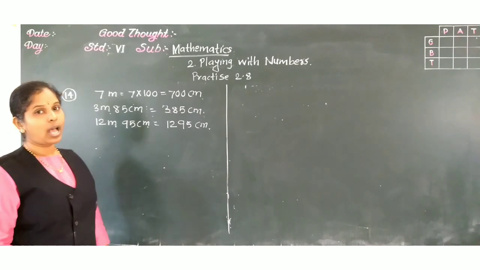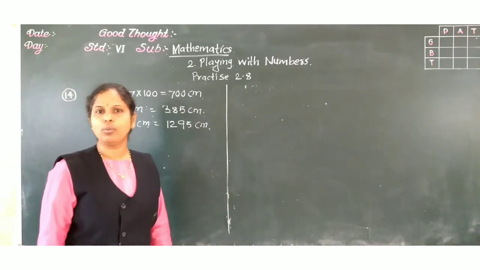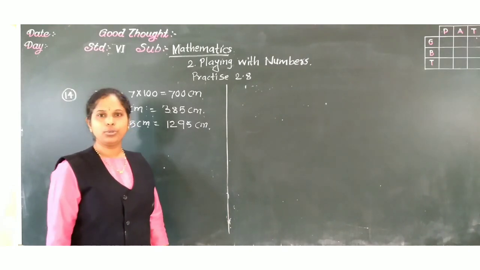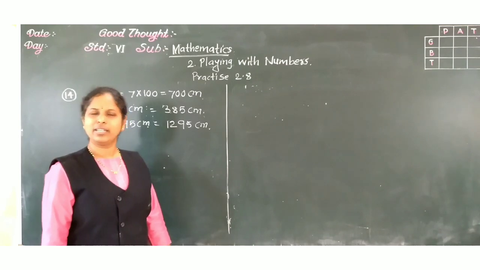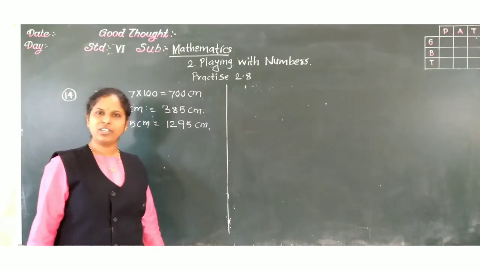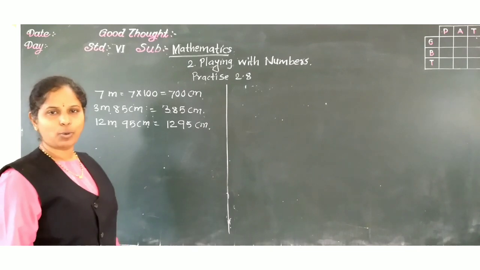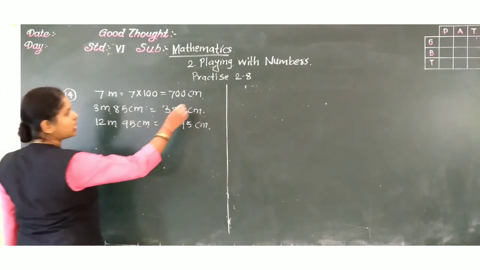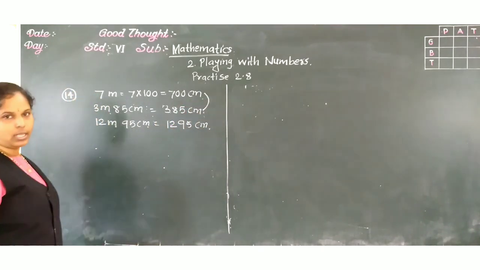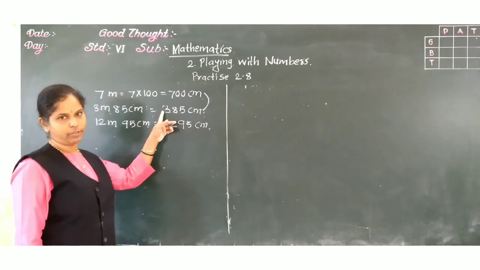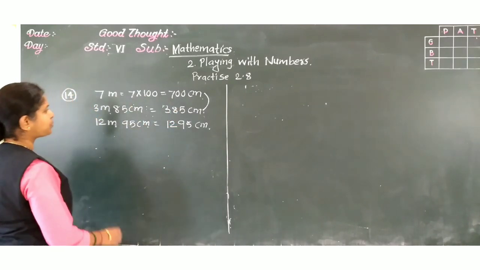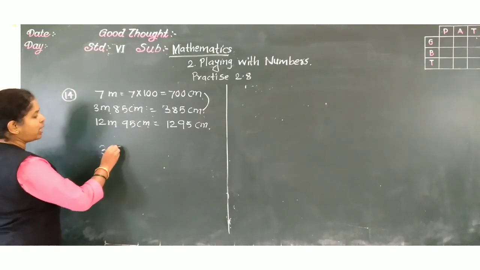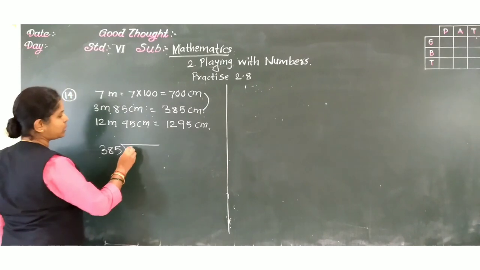Now we want to find the highest common factor. So there are two methods, division method and prime factorization method. I will use the division method because it is the easiest, I feel. You go by prime factorization, no problem. In division method, what we have to do? Suppose I take these two quantities, then which is the smallest? 385, and this is the biggest one. So we have to divide the biggest by the smallest.